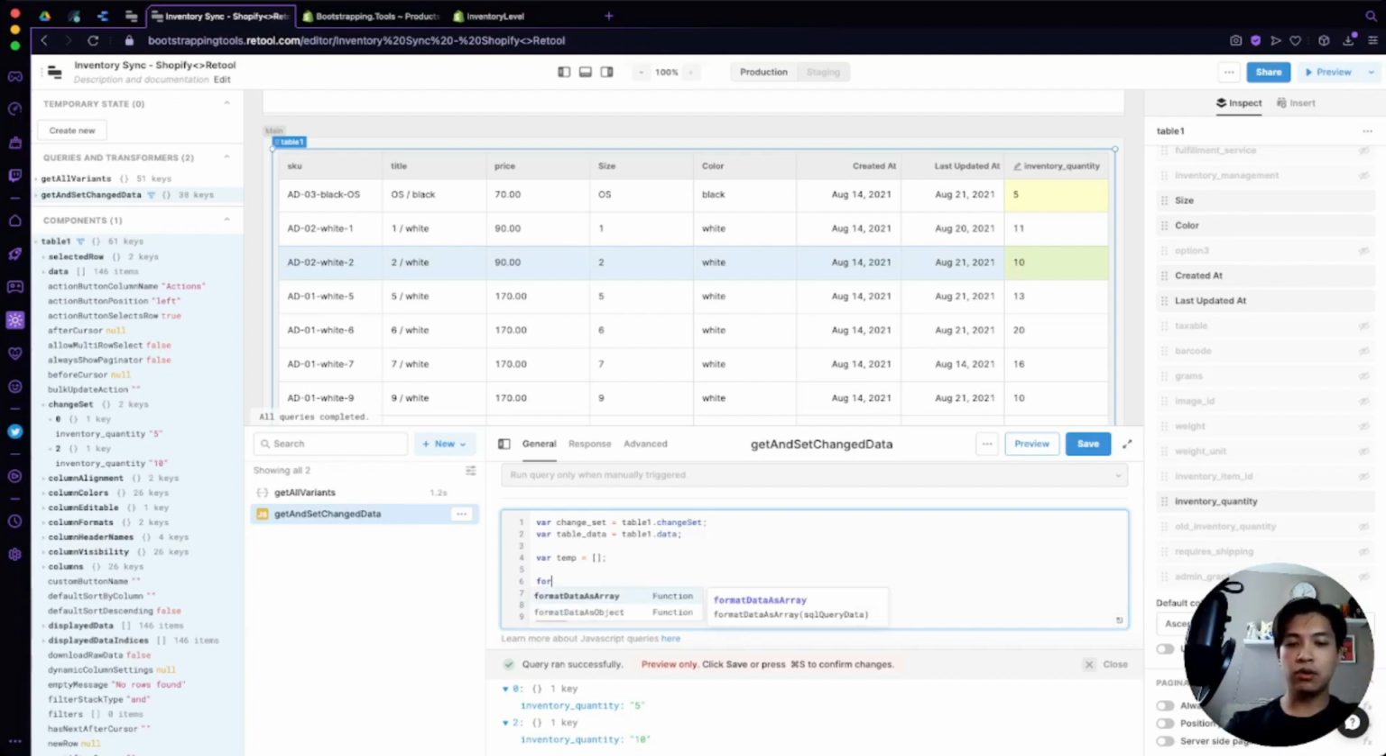So we can say for i equals 0, very simple loop function here. i is less than changeSet.length, i++. And then within this function, let's get the inventory item ID. So we can say